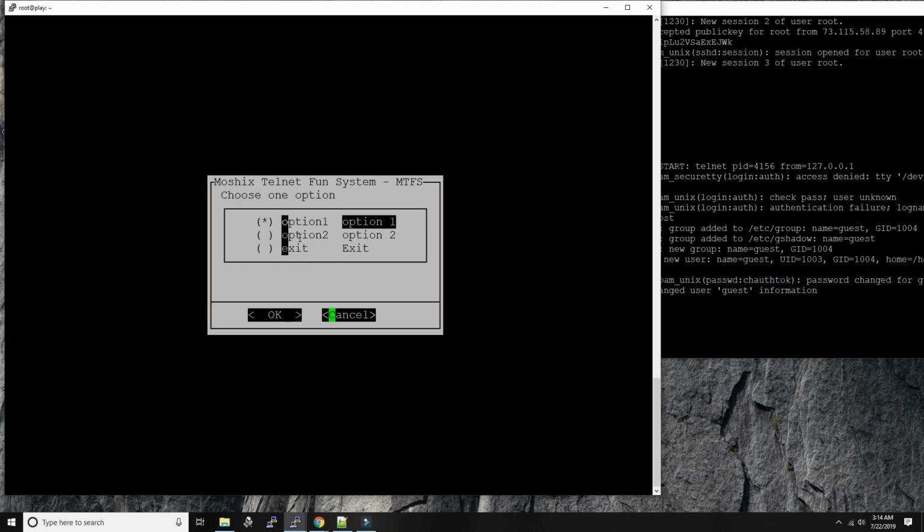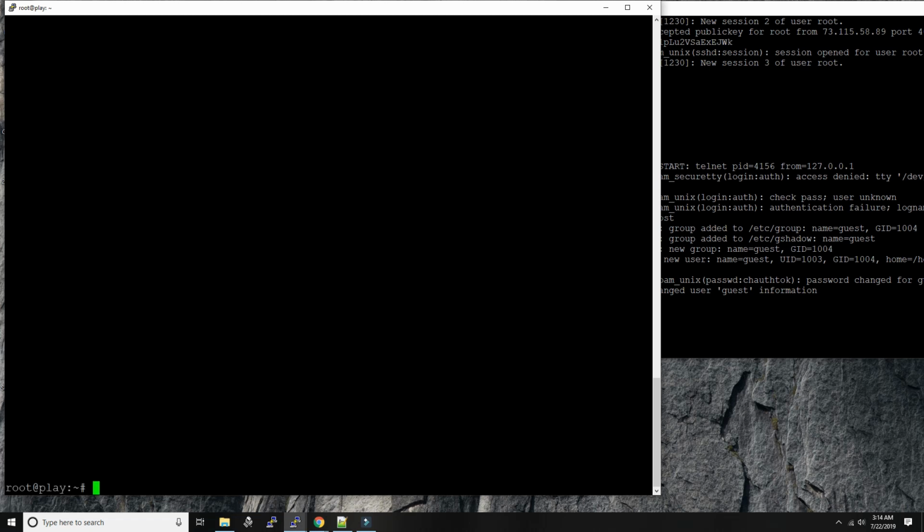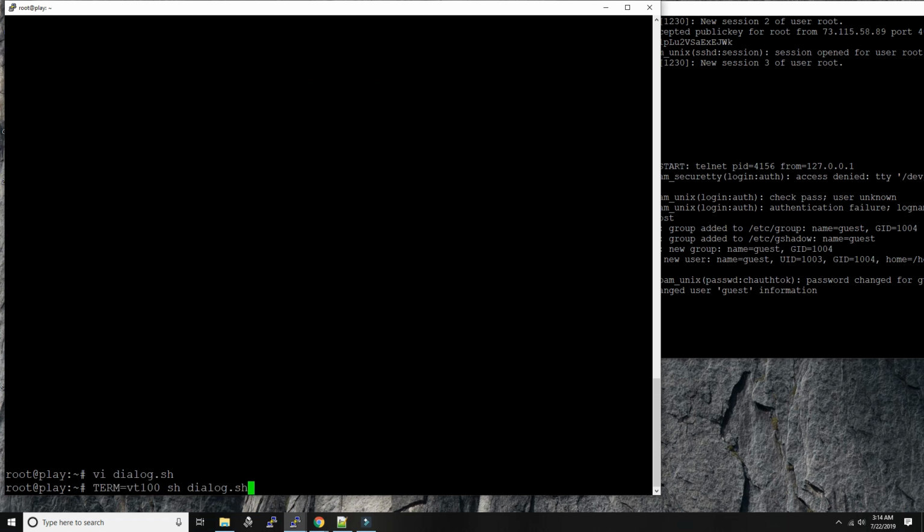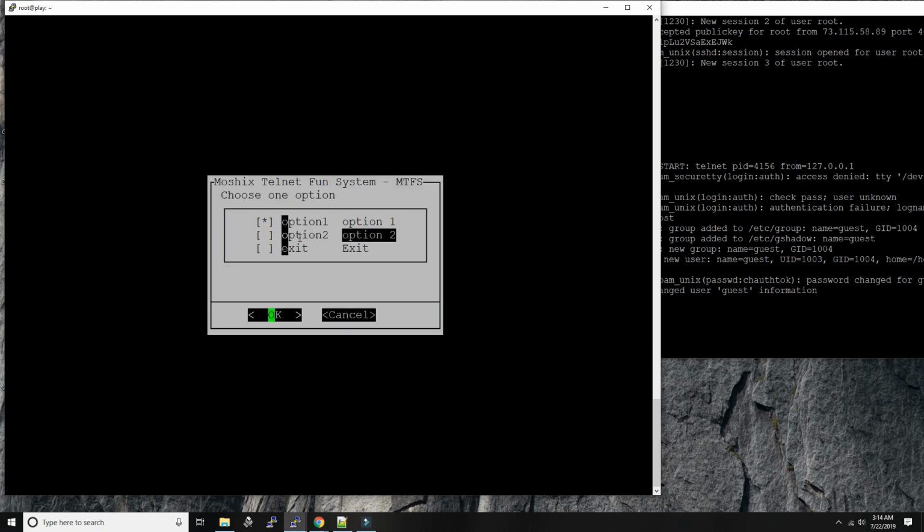We can also do something like, instead of radio list, a checklist, I think it's called. Yes, so now one is set because we set on for the first option and off for the two others, but we could actually